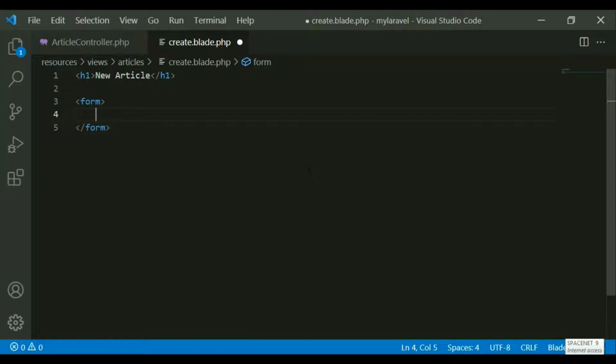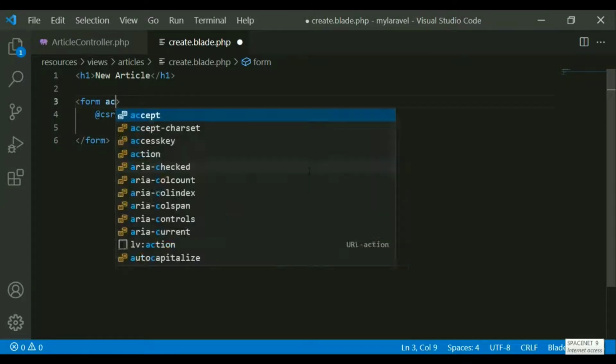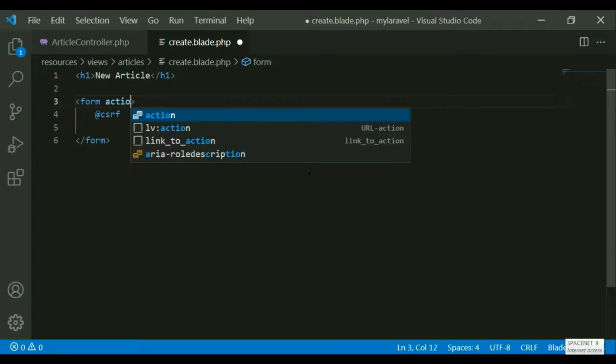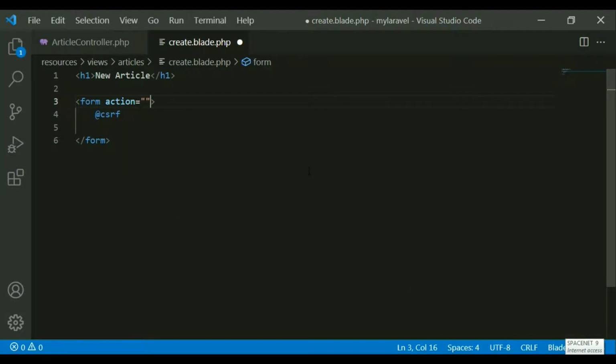create my text boxes. So when you are creating a Laravel form, always after the form tag you should use a directive called CSRF. It creates a form token so that nobody can hack your form. So this is very, very important. And in the form tag, there should be an action. Right now I am just leaving it blank. The method must be post always, because I want to enter the data into the database. So you create it like this.